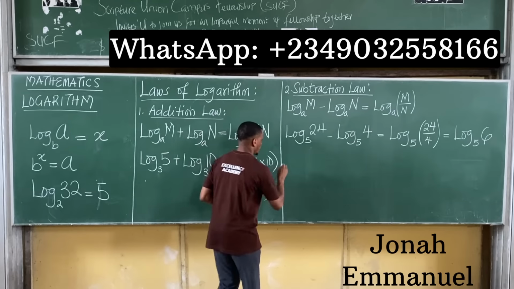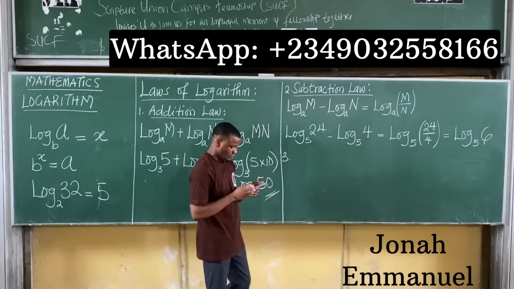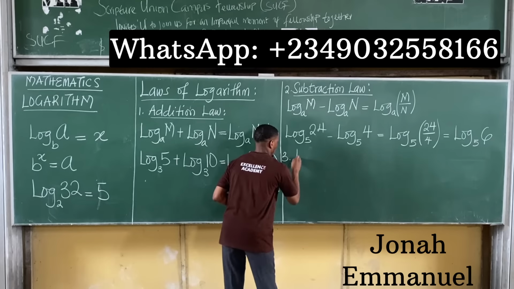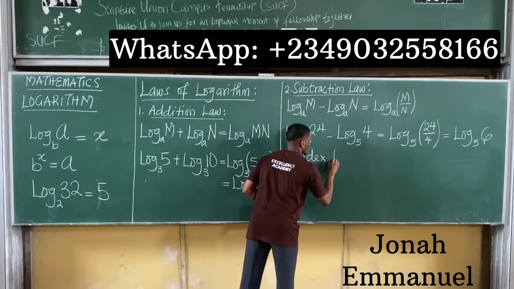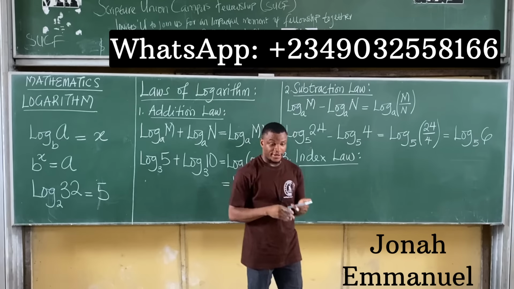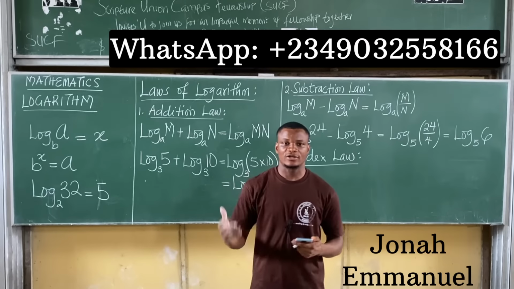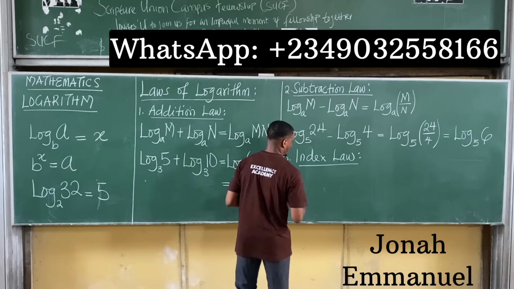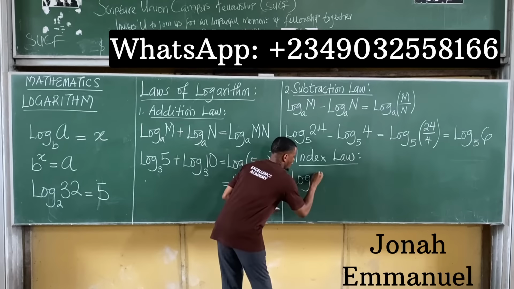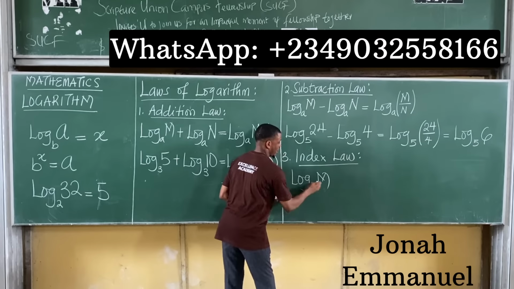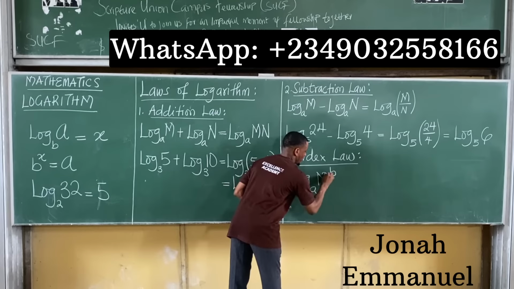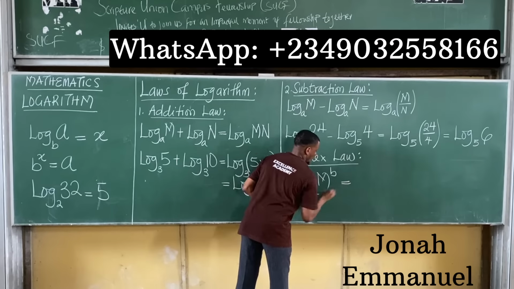Next up, let's look at the third law of logarithm, which in this case would be the index law. Let's look at the index law of logarithm. Now, this is what the index law of logarithm states. It states that if I take the log of a particular number, let's say m, to base a, such that this m has a power b, then my answer will be equal to